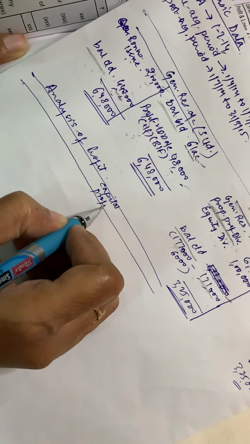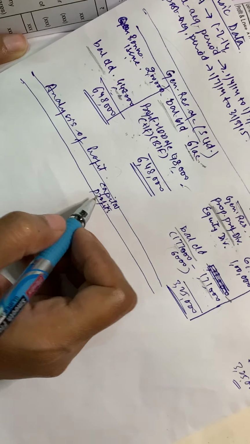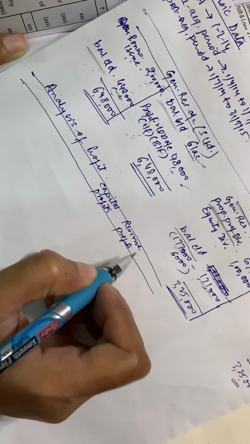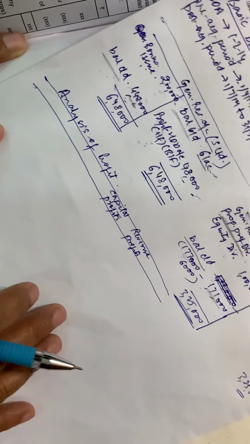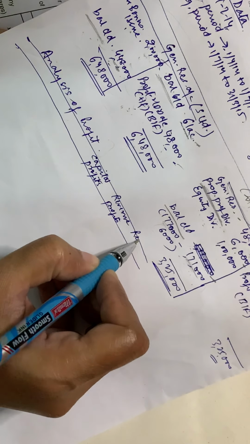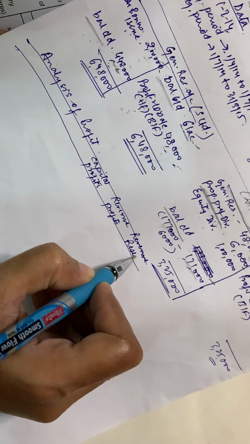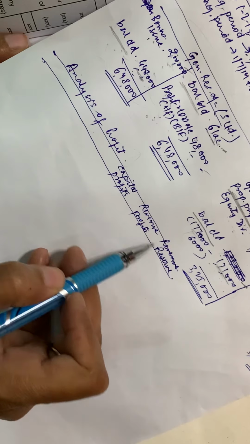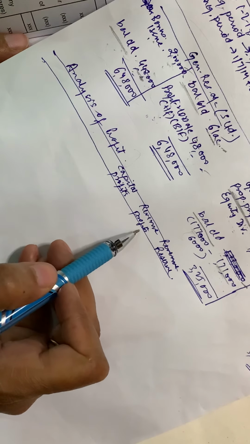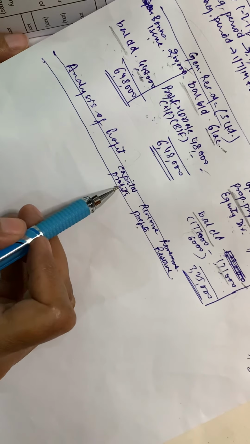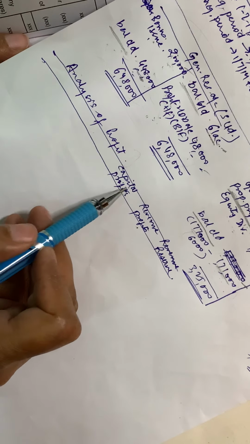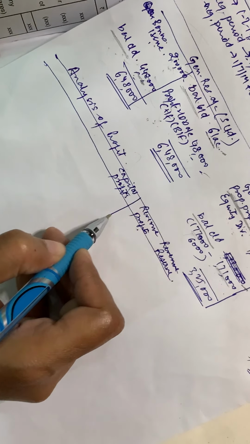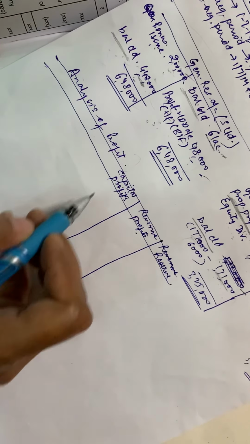Now, capital profits and revenue profits: this is nothing but pre-acquisition profits, this is post-acquisition profits, and we also will create revenue reserve because there is general reserve included over here. These two items will get reflected in the balance sheet separately, so that is why I have separated them. But over here, capital, whether they are profits or reserves, they have to be treated in one account, that is cost of control account, and therefore you may avoid separating them.